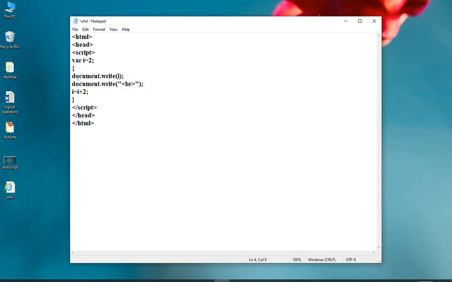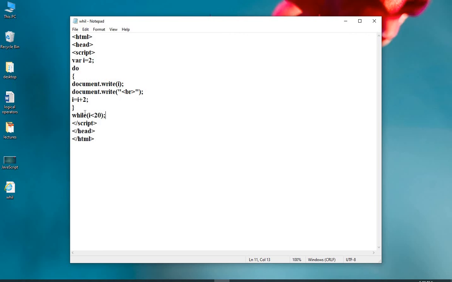As the syntax says, first the statements to be executed, then the condition. The do keyword needs to be written, then while, bracket, i is less than 20, then a semicolon.